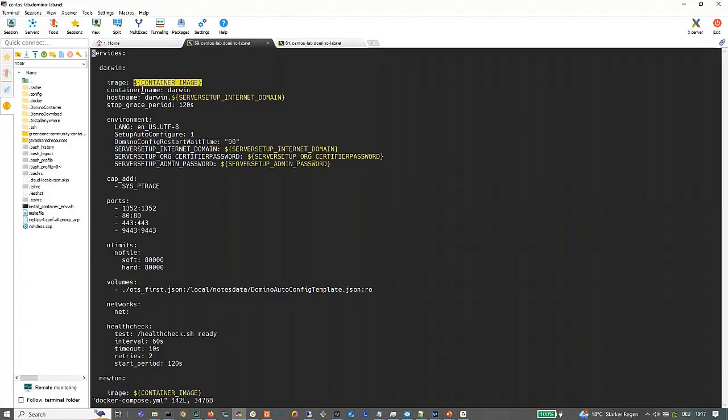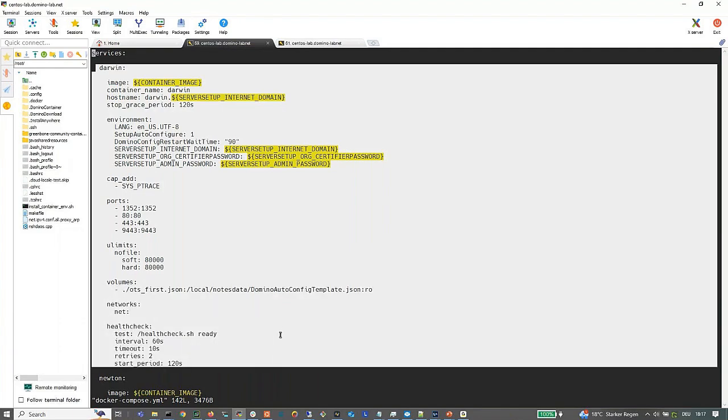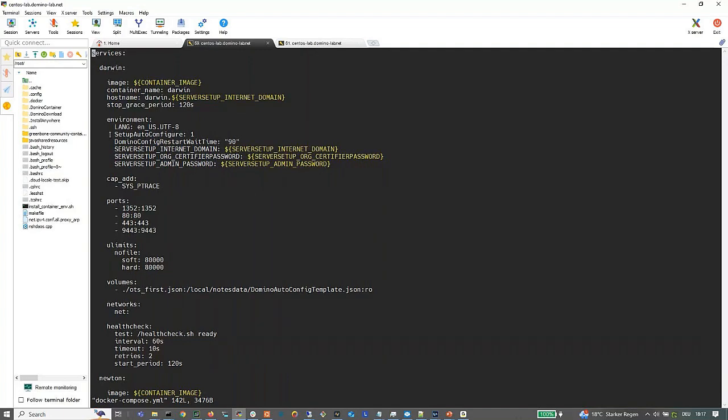This is like how the Linux world works with parameters. So it's taking the parameters from the environment file, and you really see that from here to here, this is the configuration for one of the servers. And when you look into the details, you see in here, I said setup auto configure equal 1. This turns on one-touch setup, right? And then here, I'm mounting read-only the Domino